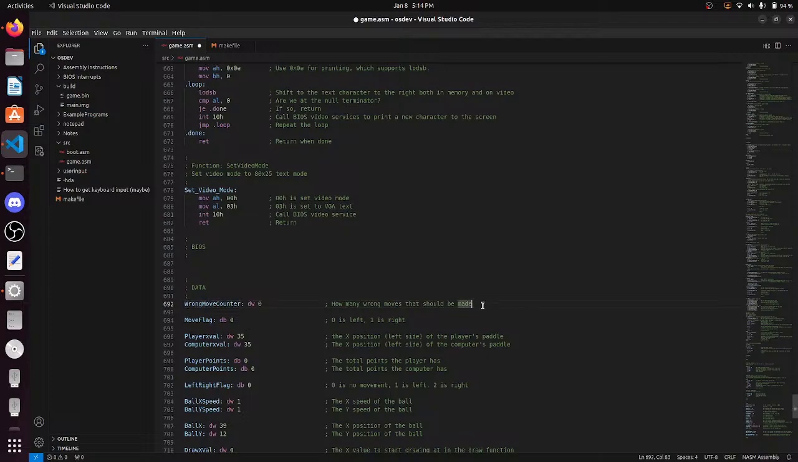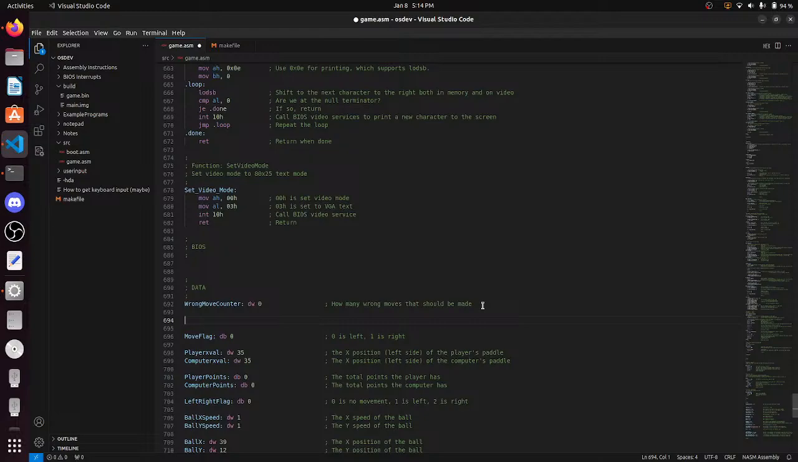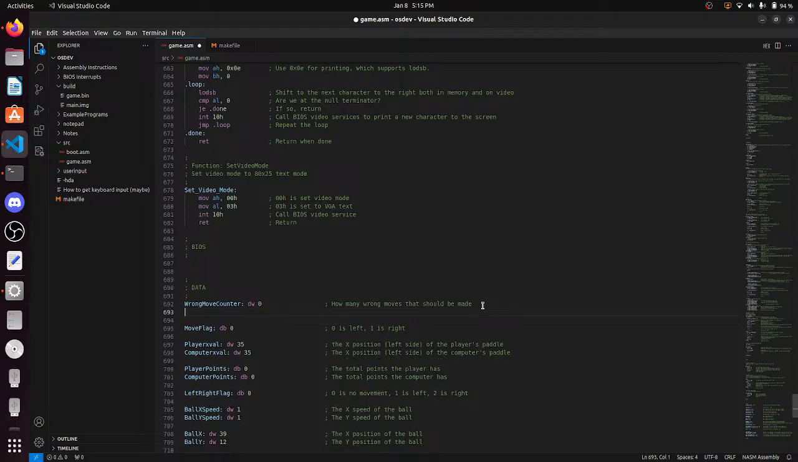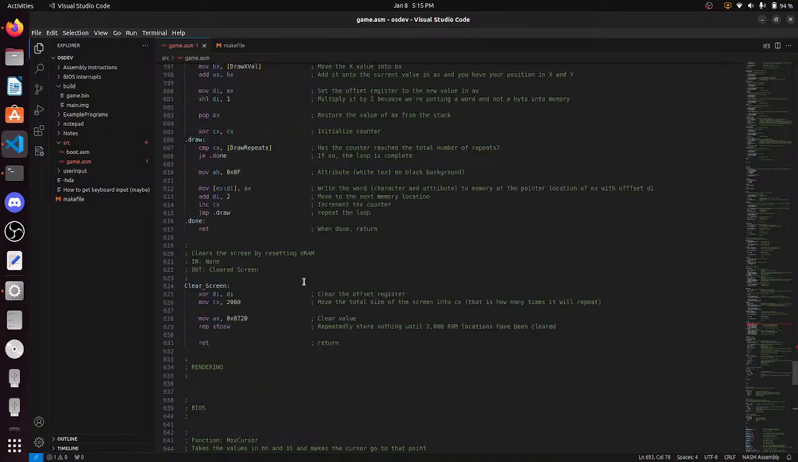Actually, no. We probably also need another flag. This is probably a super inefficient way to do it, but, mistake underscore, or mistake made, db 0, flag for if a mistake has been made. Okay, and then